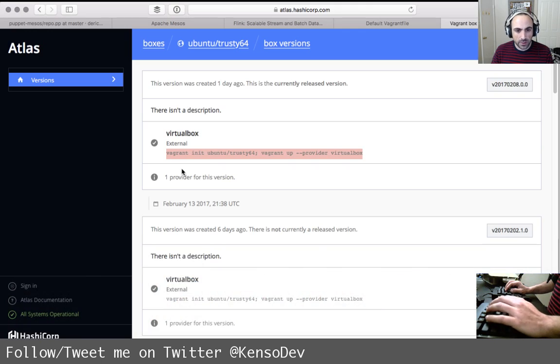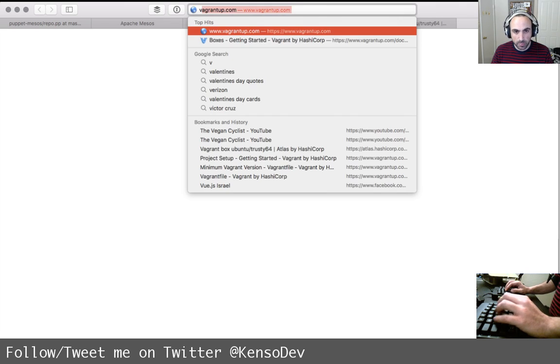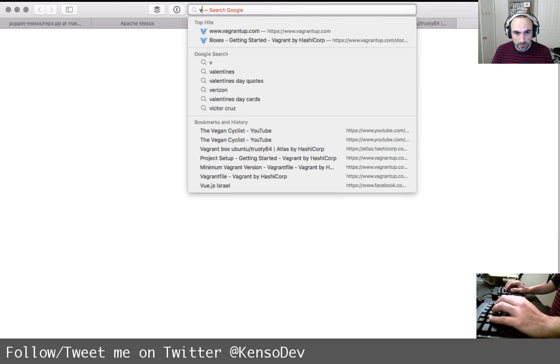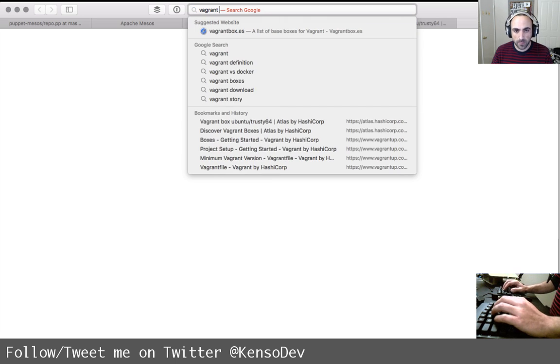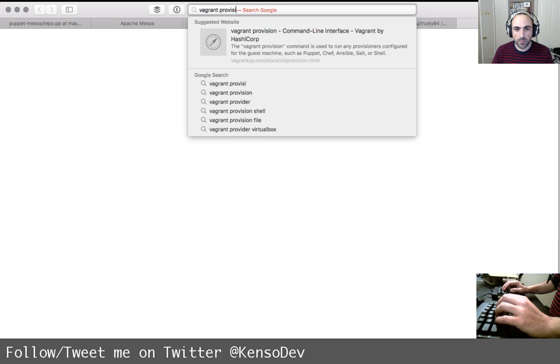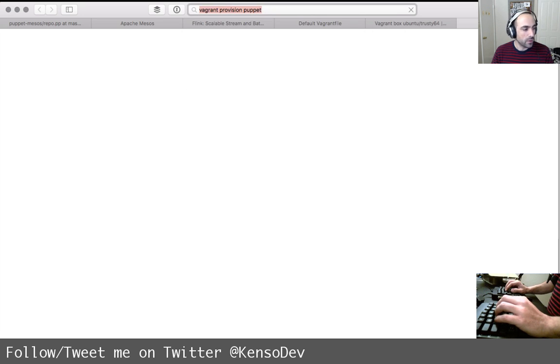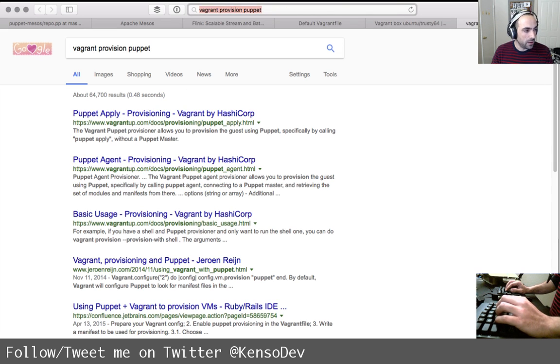And let's look at the Vagrant provisioning for Puppet. We already have about, I don't know, 10 people watching across the platforms. To the people that just joined, like I said before, and obviously you didn't hear, feel free to ask questions, however basic, whatever they are. I'd love to answer them.